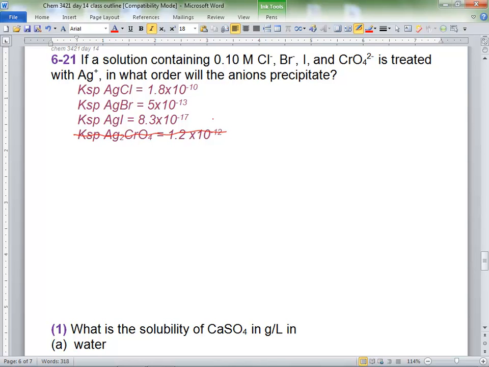The KSPs. What we're interested in, really, is the X. We're interested in the solubility. But why go through all the work if everything is in the format of KSP equals x squared, right? If you did all of these, this equals x squared, this equals x squared, this equals x squared, right? Why go through and take the square root of every one of those? Just look at the KSPs. The exact same format. You get the exact same answer of which solubility would be the biggest, which would be the smallest, right? So in order they would precipitate,